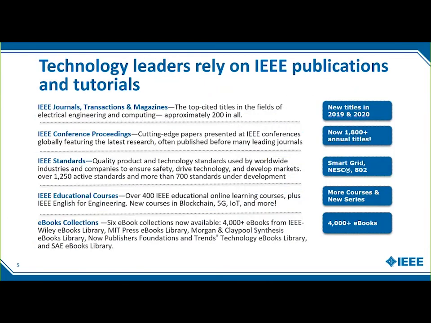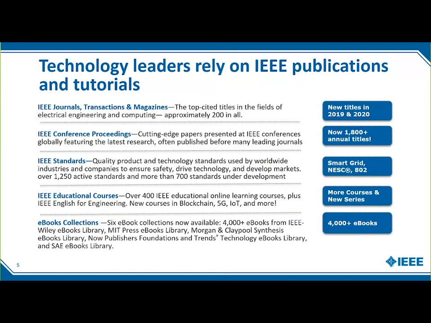So when you go into Xplore, there are 5 different content types. We have periodicals, which are journals, transactions, and magazines, which are scholarly peer-reviewed publications that publish technical papers in IEEE fields of interest and include both theoretical and experimental papers. So you're going to find a large repository of scholarly papers to support your research projects. We have conference papers from those over 1,800 annual conferences. And conferences are typically where cutting-edge technologies are first premiered, sometimes months in advance before they appear in a journal.